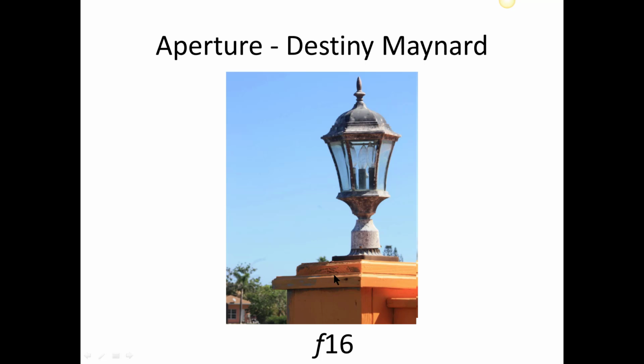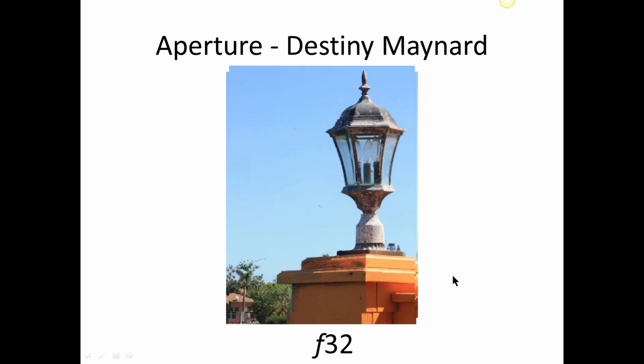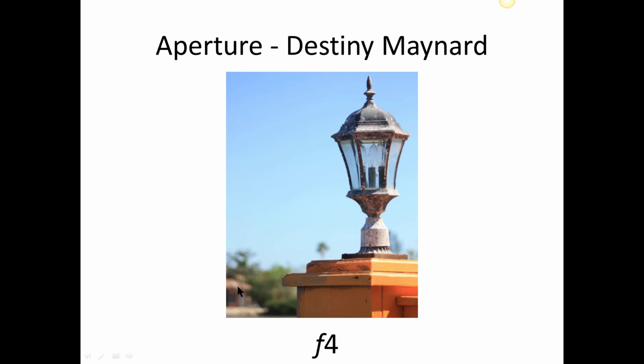Now in this one, the base is pretty much all sharp, all in focus, and the background is not as blurred out. If we go to the f32, you can see the background becomes even more in focus. It's still out of focus, but it's more in focus than with the first one. Look at the first one, f4,